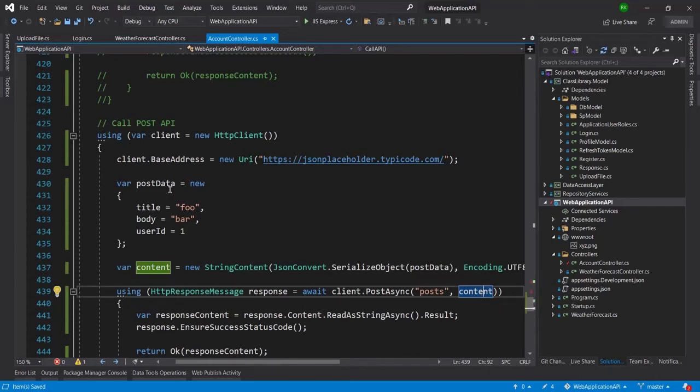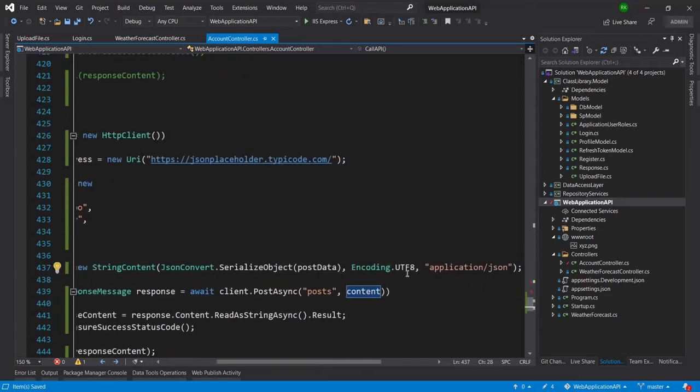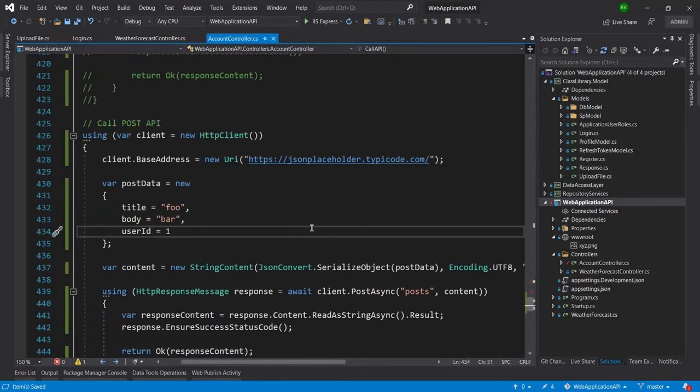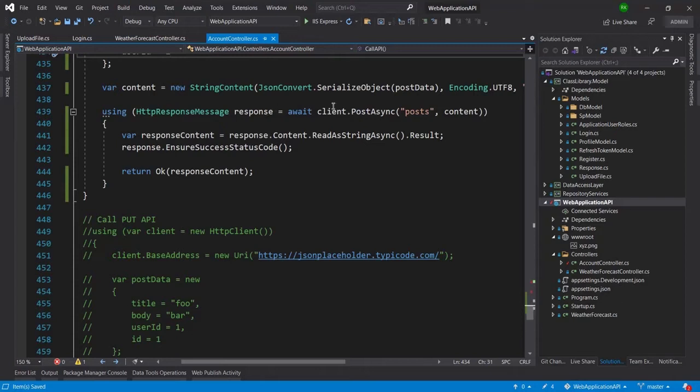So this is the request body. Here in the request body I am passing the UTF-8 type of encoding with the application JSON format data. Now it will call the API from here, post, and the result will be fetched from here,